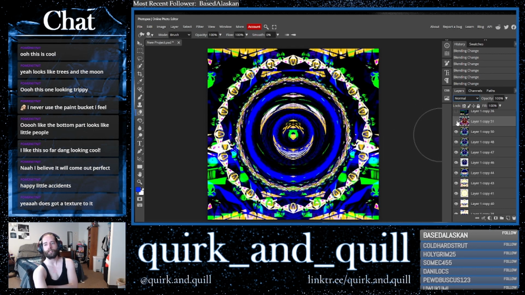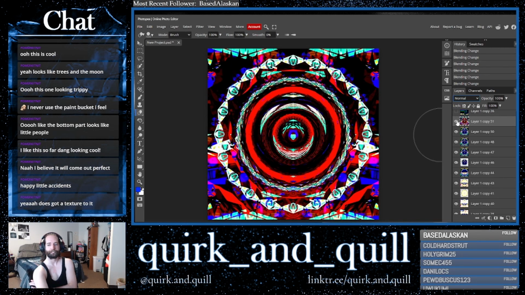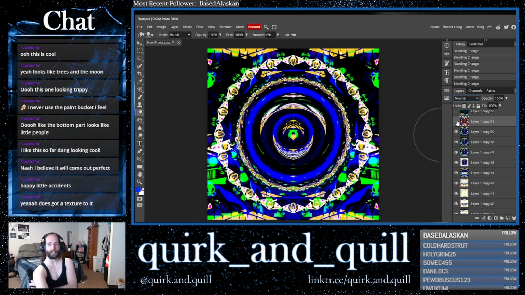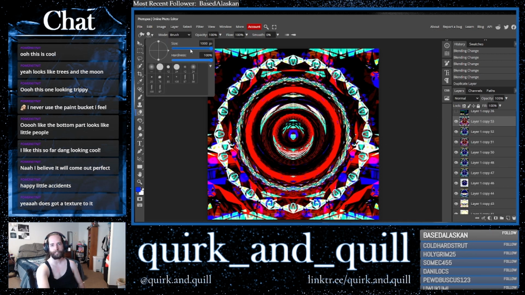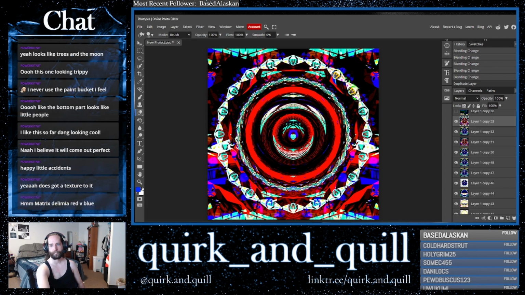Do we prefer the red or the blue color scheme? I think I like the red for everything except the eyeballs around this exterior. Maybe? So maybe we could do some sort of half and half kind of dealio. Using the most imprecise erasing.